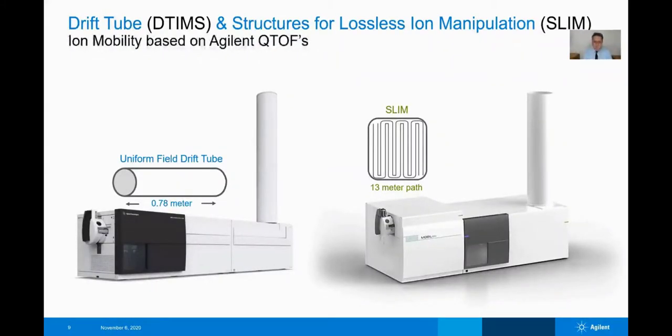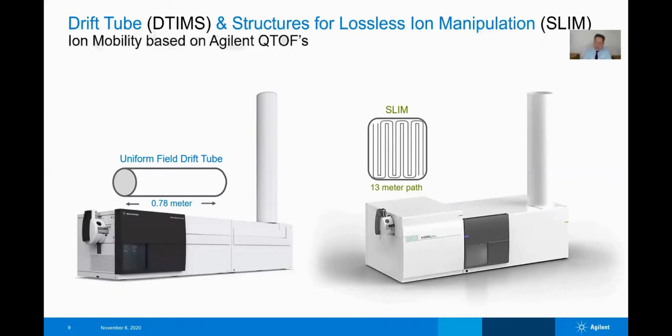I'd like to now move to resolving power increases that are possible with Agilent time-of-flight mass spectrometry. The instrument on the left is the drift tube ion mobility system that was introduced in 2014-15. And the one on the right is a new system that we're working together with Mobile Ion. You can see the logo on the front, which is a developing technology that came from Pacific Northwest National Labs, Dick Smith's lab there, and makes advantage of an increased path length through the